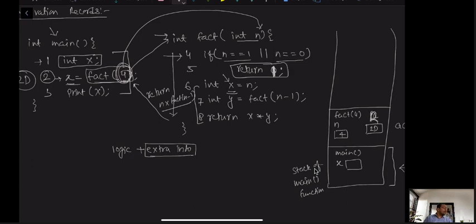It will jump. It will go to the next line, that is the 6th line, and it will declare a new variable called x. So we have a new value x here, and this x is different from the x of main. Although the value will be initialized with 4 because we have n value, and here no value is initialized yet because this fact function has not returned anything yet. So this x will have value 4, and it is different from the main x.